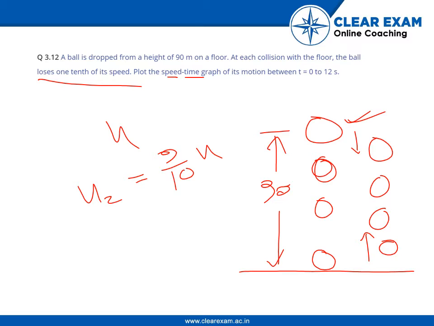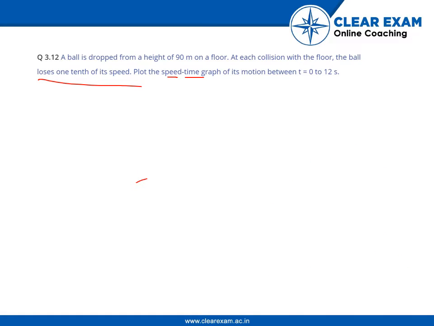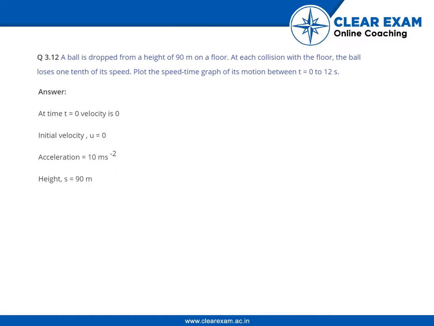Now let us go through the solution. So at time t the velocity is 0, initial velocity u is 0, acceleration is equal to the value of g, which is 10 meters per second square. It is actually 9.8 meters per second square, but for the sake of simplicity we assume it to be 10 meters per second square, and the height is 90 meters, which is given. So the distance it travels is the height itself, which is 90 meters, and u here is 0, t we do not know, and a we know, which is 10. And the sign of a would be positive,